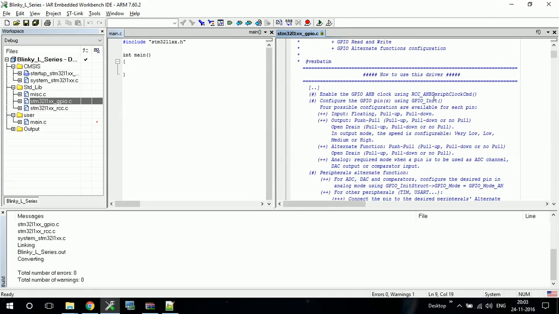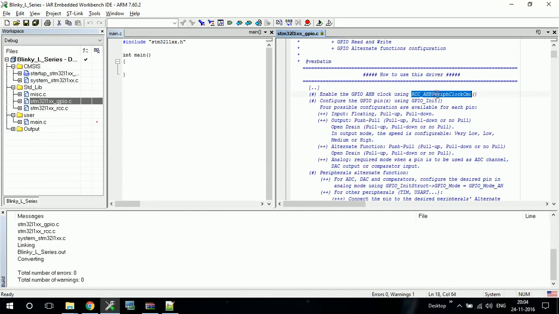So you can easily find what you need to do to enable a particular peripheral, or to control a particular pin, library or function. Like if you want to do UART communication, you can go to the UART file and you will find documentation guiding you step by step: first thing you need to do, second thing you need to do this.